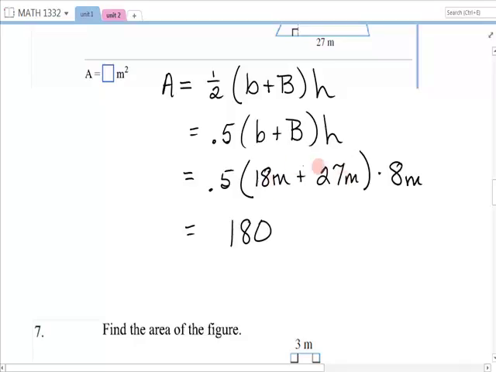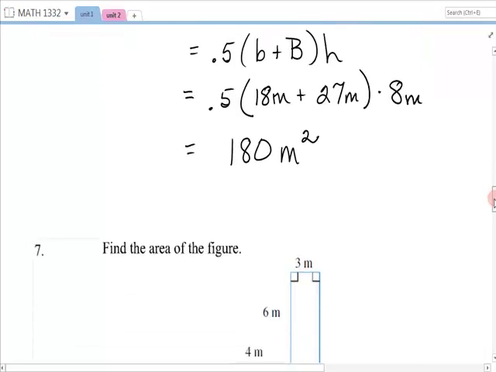When I add meters and meters, I'll have meters. Then when I multiply times meters, I get square meters. And that makes sense. Area is in square units. All right, the next one,